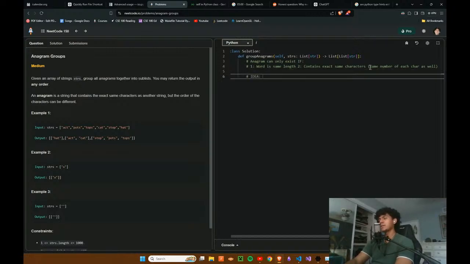Idea. For each, we'll call it a string. For each string, create, this sounds very memory inefficient, but we'll just go with it for now. For each string, create a dictionary with the key being the character and then the value being the number of times the character